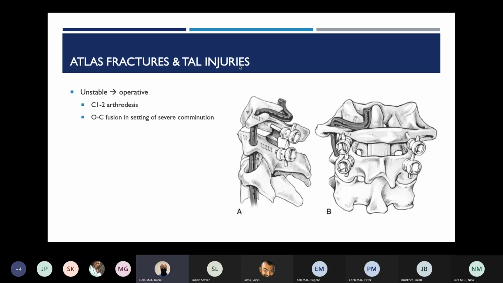So I think it serves to maintain awareness, right? Sometimes you'll look at, who did we see this week? There was somebody who got an upright film in the office, and I said, is his head really on that crooked? You look at the open mouth view or the AP film and their head is clearly not straight. You don't know whether it's because they're leaning, drooling and comatose and demented, or whether they truly have a deformity. But as long as you've got a high index of suspicion, so to speak,